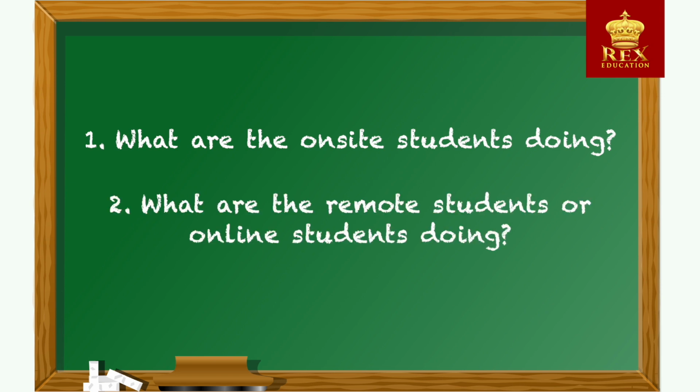And what are the remote students, or the online students, doing? The best way to think about the 2DQ+1 model is to think of different types of learning activities. So let's try out the 2DQ+1 analysis for a few of the more common types of class